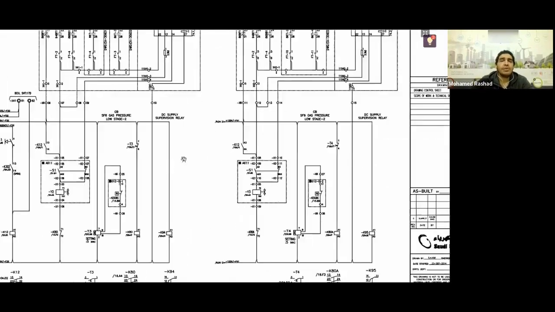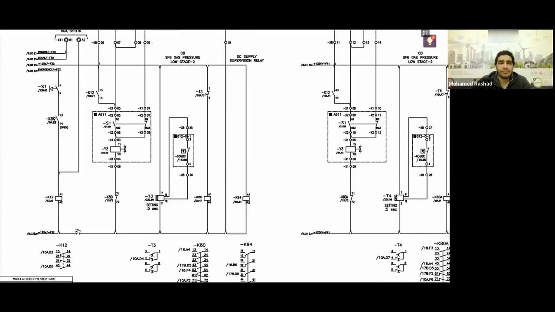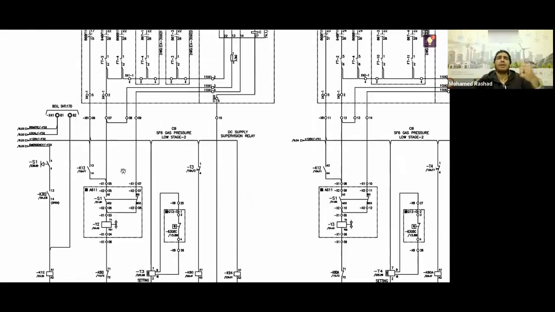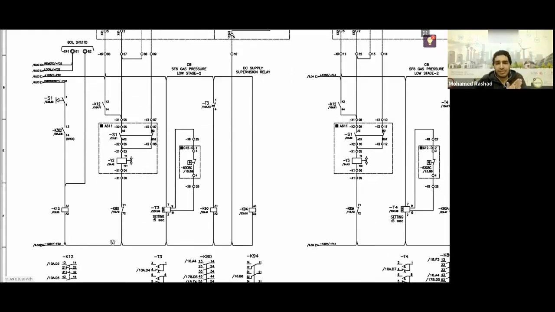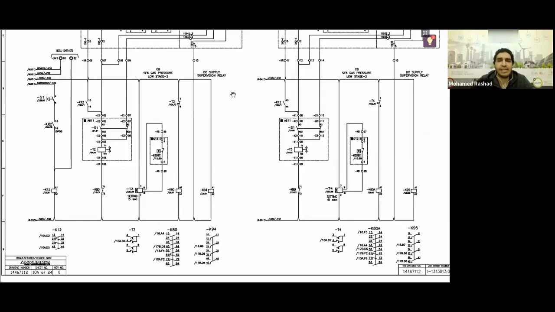In the end, you find that on the positive and on the negative, you have an auxiliary delay for DC supervision on the trip circuit. DC supervision only monitors the positive and negative. It has nothing to do with the wiring above it or whether the trip coil is burnt or not. As long as it receives a negative from below and a positive from above, it tells you what the DC supervision status is, whether it's negative